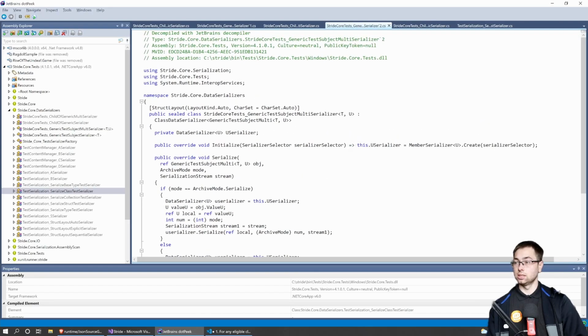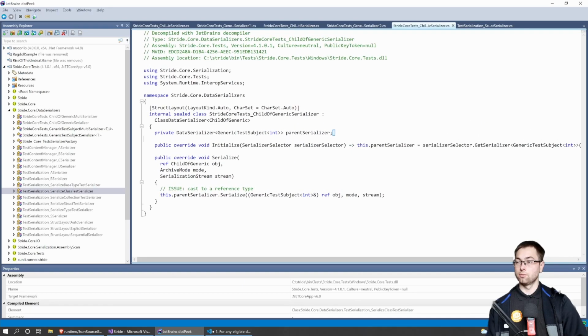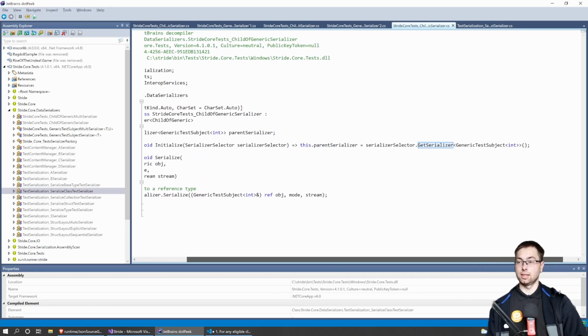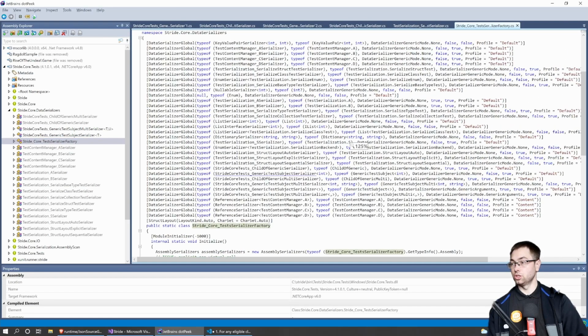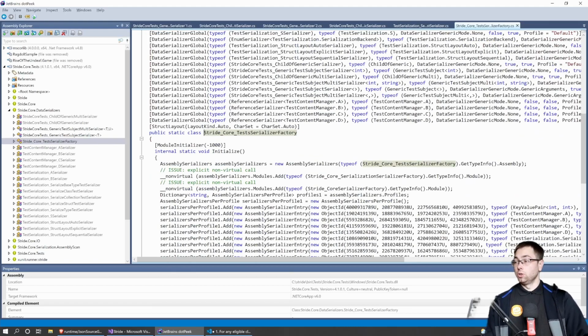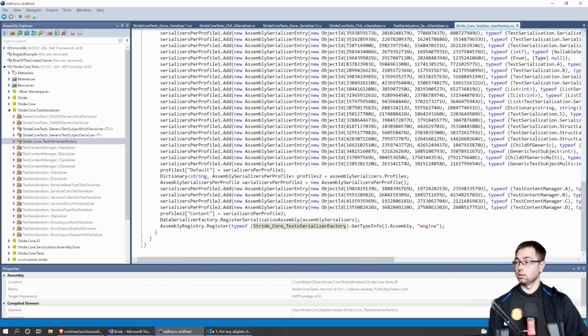So here, for example, we can see that there's a member serializer class which serializes a member, creates a serializer for a member, and then here for the parent, we just get the serializer for the parent class, and then we'll do the serialize, and that will be the base. And then once we do that, we also want to generate this file, which basically registers the serializers